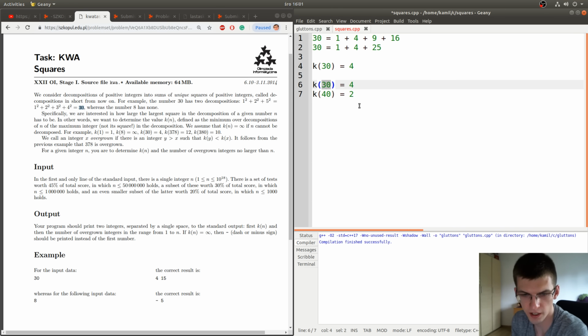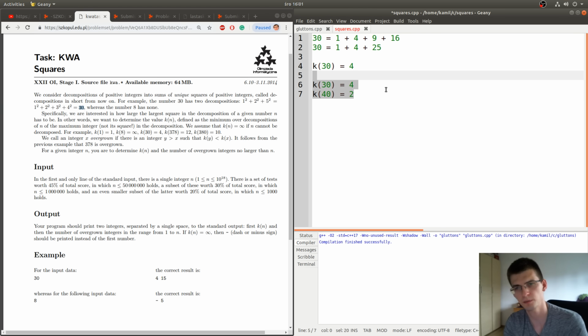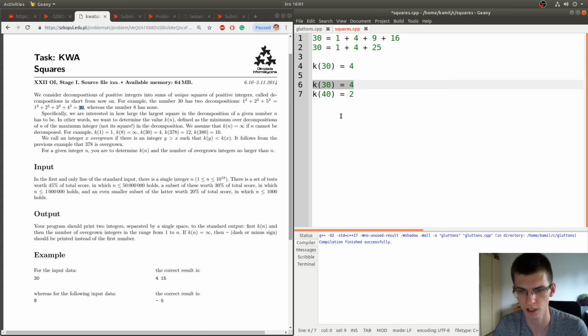And for number n up to 10 power 18, we are asked about k of n and about the number of overgrown numbers smaller than that. So in some interval, up to some place, we are asked about the number of overgrown numbers. I think it might be easier to approach it from the side of counting not overgrown numbers.